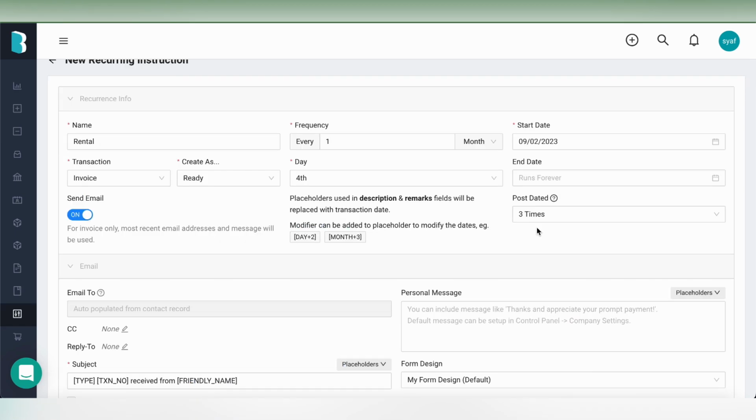Post-dated for recurring instruction. If you want the system to create the recurring instruction in advance before the scheduled date, you can set it in post-dated. For example, when you put the post-dated 3 times, the system will create the first 3 recurring transactions before recurring